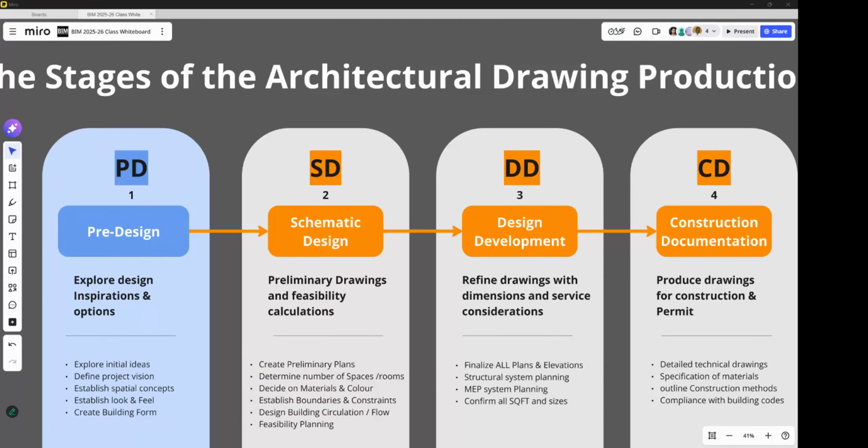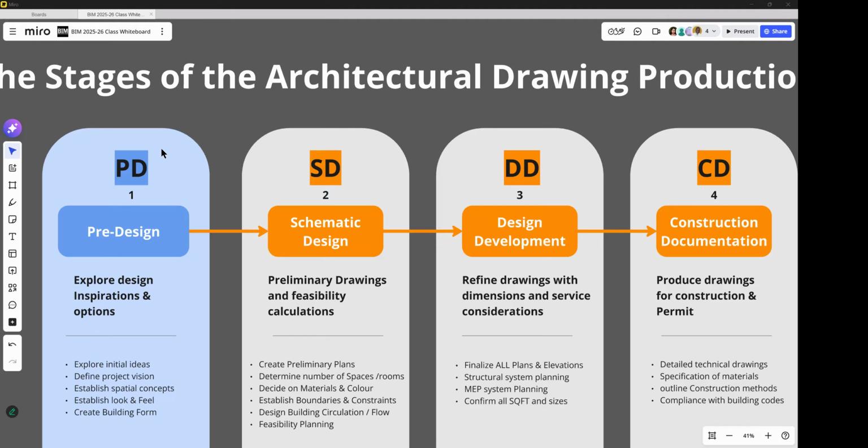All right, I'm doing sketches, I'm doing drawings, I'm producing construction drawings. Those two are linked together, but we're going to focus mainly on the technical side, on the production side. How does a project get from idea to construction drawings? And that is a journey that we're going to take ourselves, right?